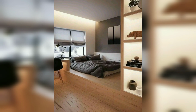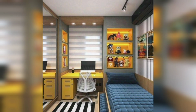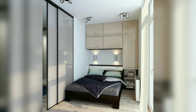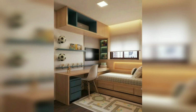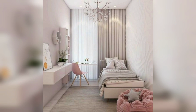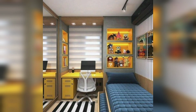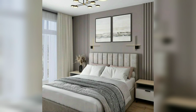If you are struggling to make the most of your small bedroom, fear not, we have got you covered with a plethora of small bedroom design ideas to help you maximize every inch of space. From clever layout solutions to innovative storage hacks, you will learn how to transform your small bedroom into a cozy retreat that oozes style and sophistication with different design ideas and different